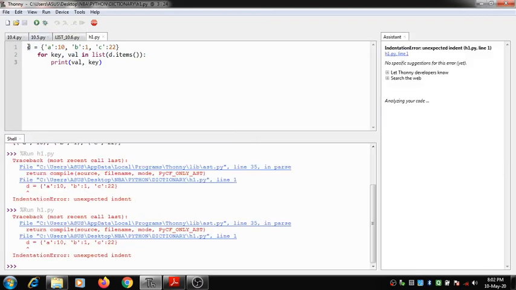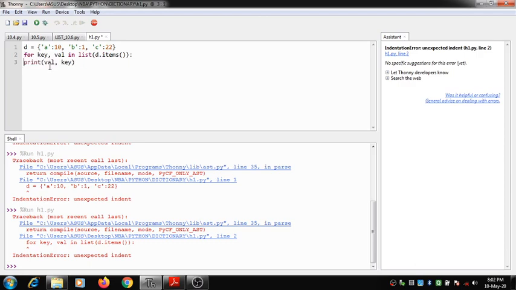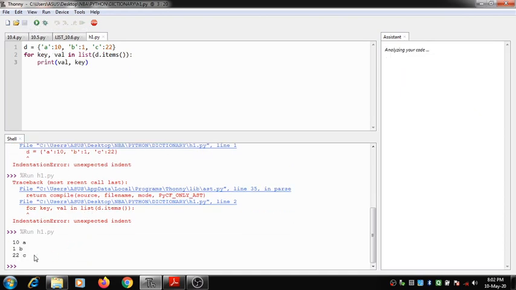Indentation problem, it generates an error.